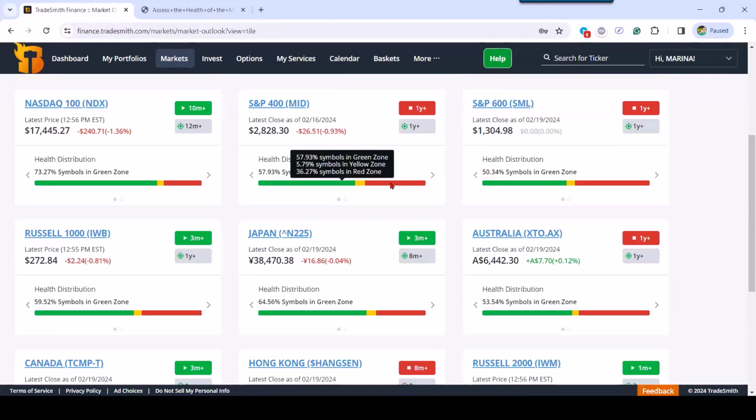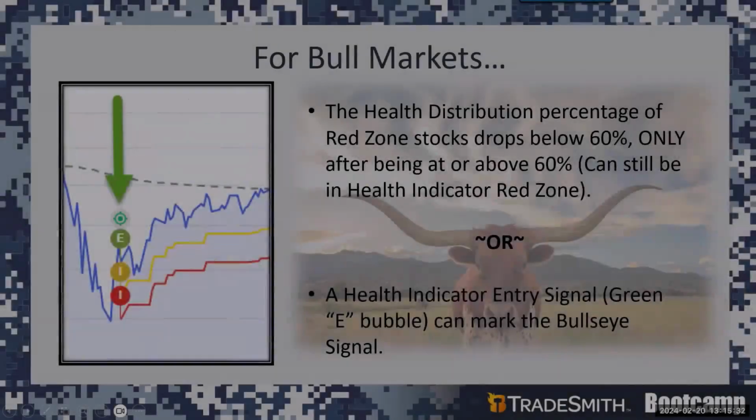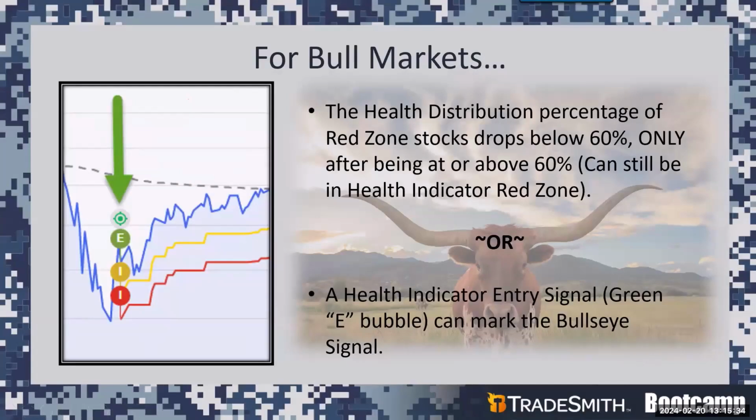So one moment, I'm going to hop back to the slides. So for bull markets, a bull market can trigger when one of two things happen. The health distribution percentage of red zone stocks drops below 60% only after being above 60%. And the index may still be in the health indicator red zone,